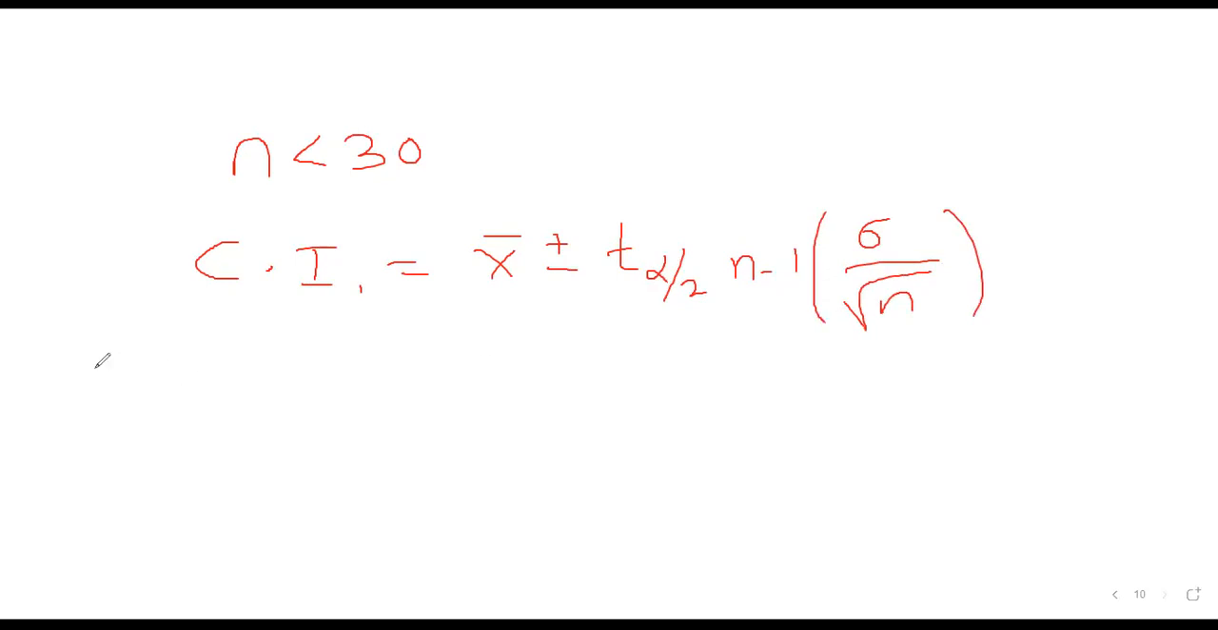If you're dealing with two samples, we deal with what is called the pooled mean. So we have mean 1 minus mean 2 plus or minus